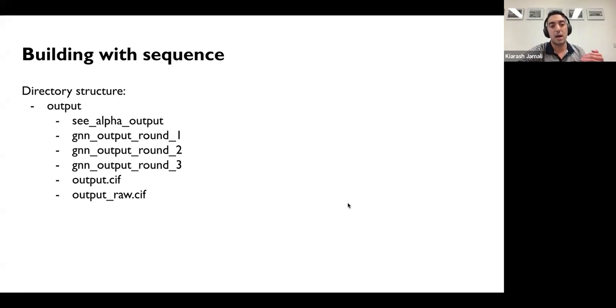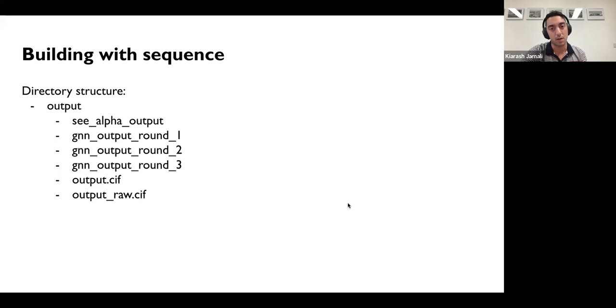So we have the output.cif and we have output_raw. Output.cif, when you build with sequences, is pretty aggressively pruned based on the sequences provided. So if Model builds something and is unsure of the sequence, or if it's sure of the sequence but the sequence does not exist in the FASTA file, it will prune it away. Those still exist in output_raw. If something hasn't been pruned away in the raw file, that could mean two things.